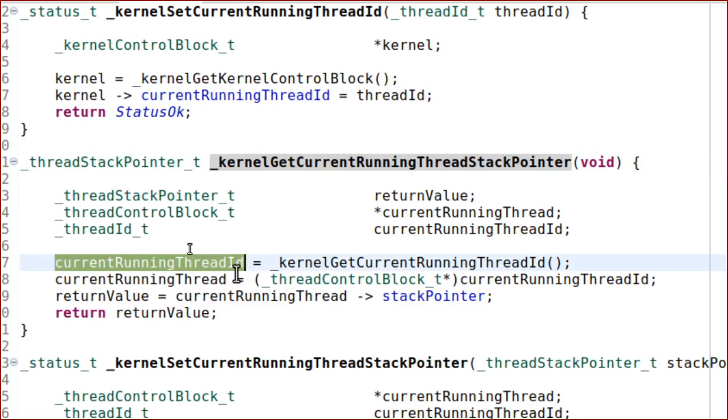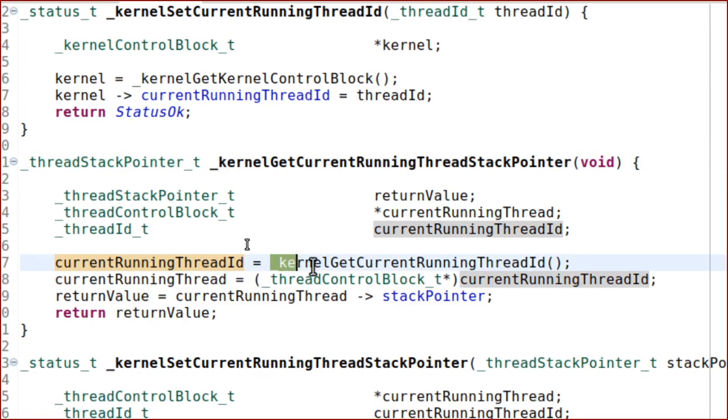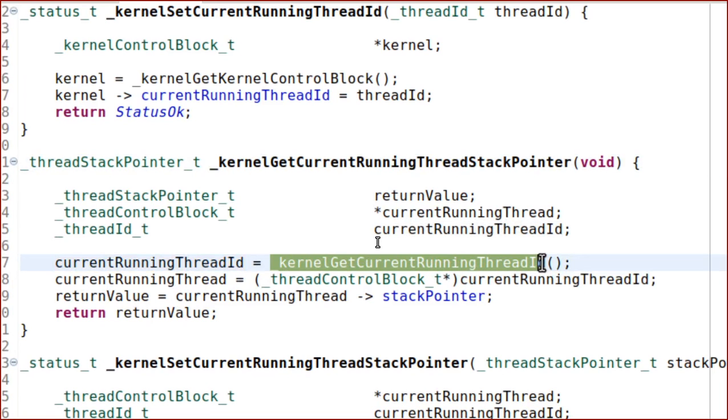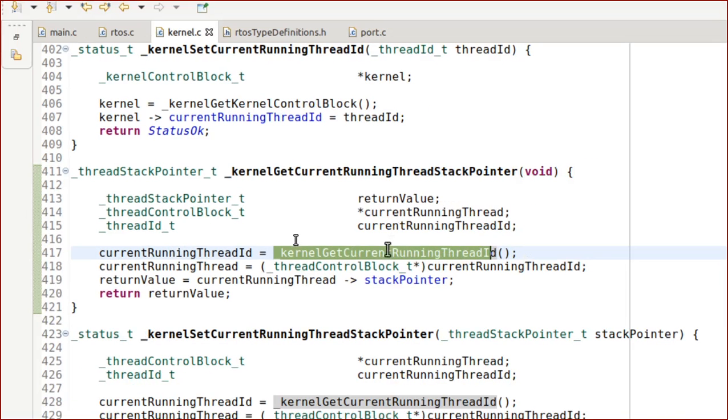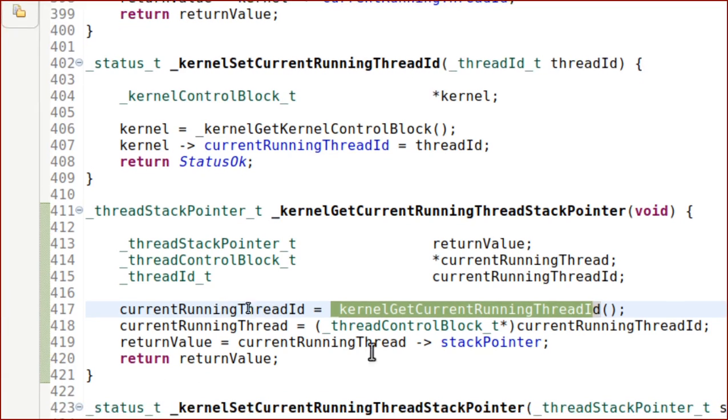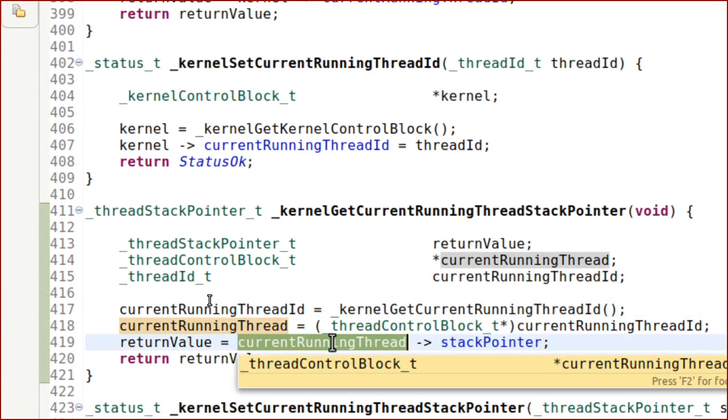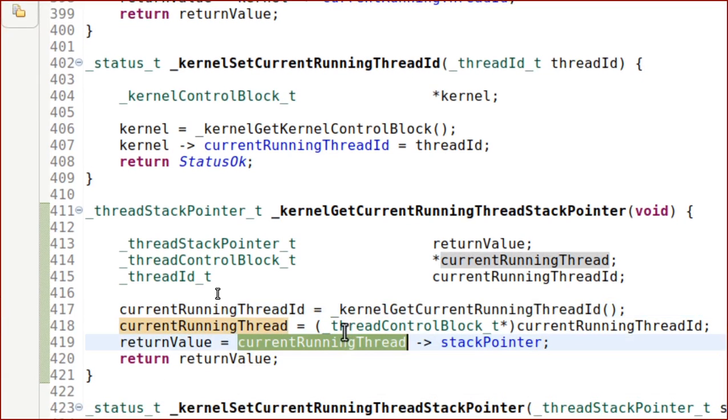First find the current running thread by using kernel get current running thread ID, and after that get the stack pointer of the current running thread, at this time the first thread or most prior thread,